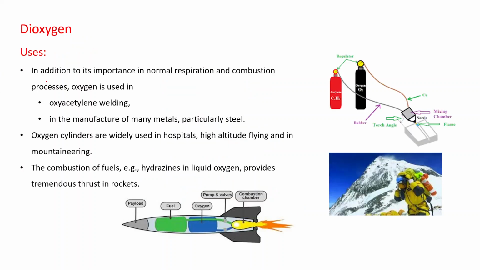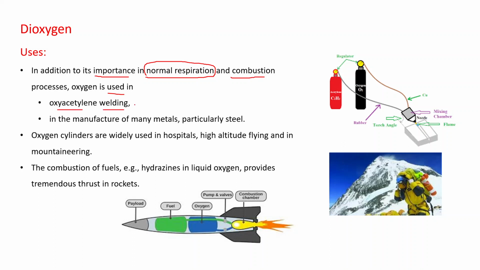Uses of dioxygen. In addition to its importance in normal respiration, which is essential for living organisms, the respiration process in which oxygen is required, and for combustion oxygen is also essential. Other than normal respiration and the combustion process, oxygen is used in